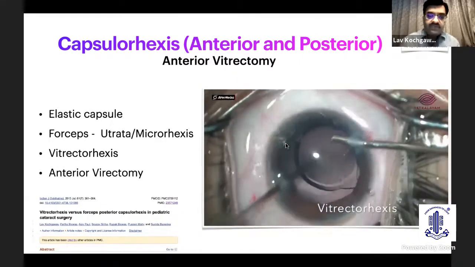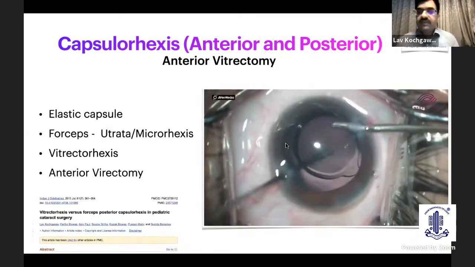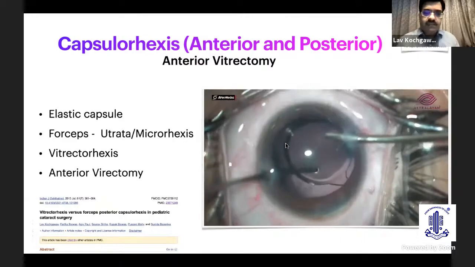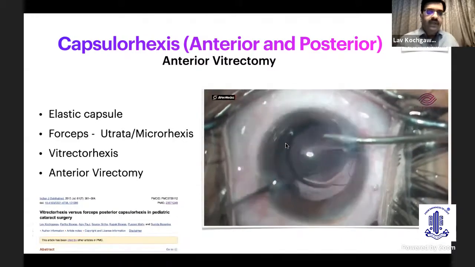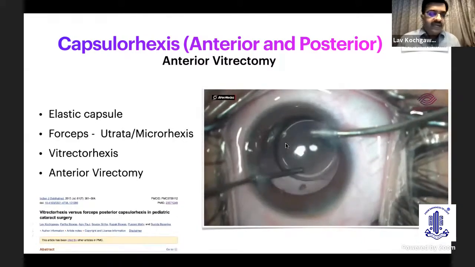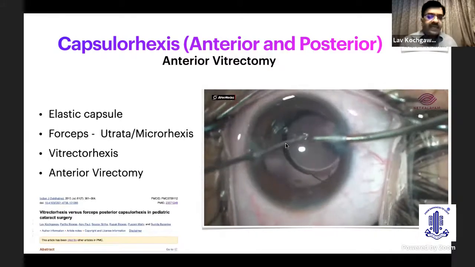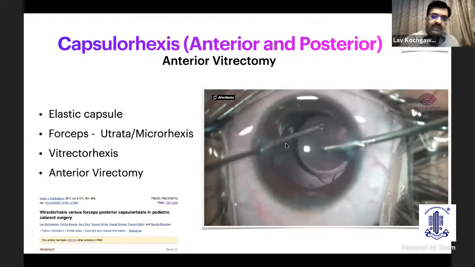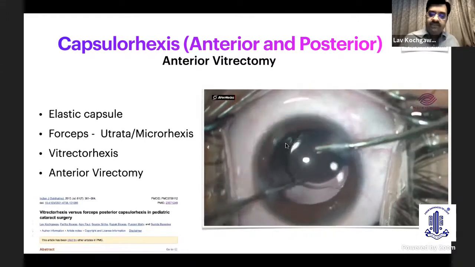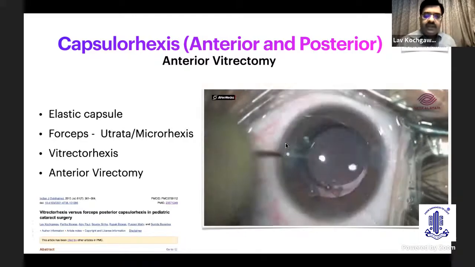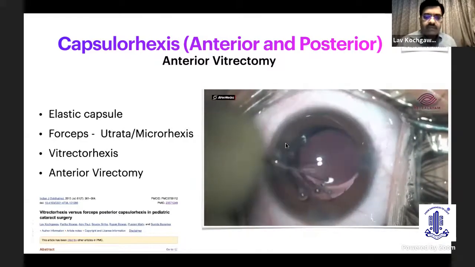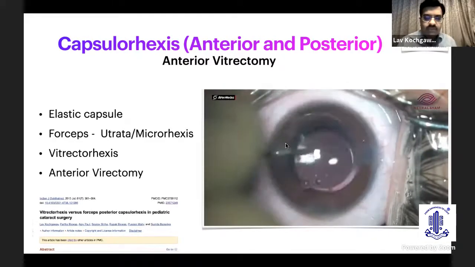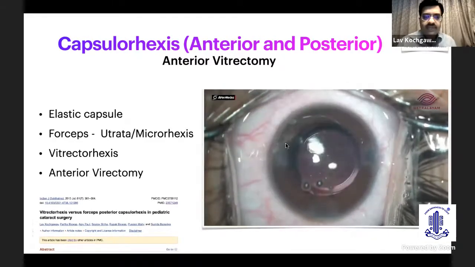As you can see in the first video, in surgery we were doing it with microrhexis forceps, and again, it depends on the choice. It can be done with Utrata also. We had one publication in which we compared a manual posterior capsulorhexis with vitrector rhexis. The main difference was reduced surgical time, and 100% IOL placement in the bag was one of the most important differences between both the mechanisms.